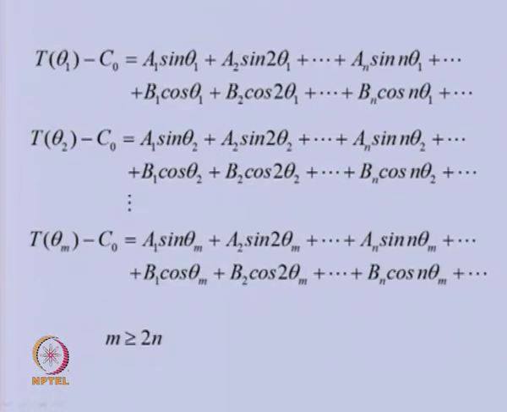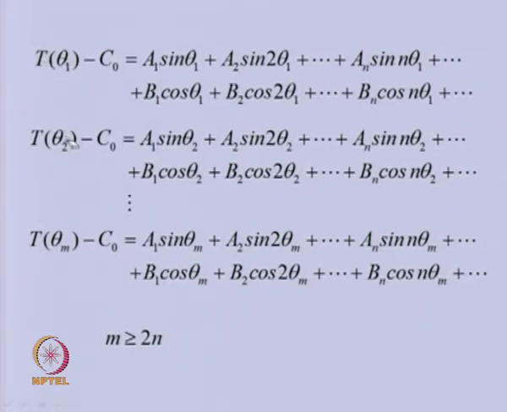So, let us say we are expressing that previous expression for theta 1 for one of the values, because C naught, once we know the T variation, we are able to get the mean of this. So, I have taken this to the left hand side and I am expressing these terms. We can see that instead of theta, every place I am writing theta 1 in the first equation, because I am expressing this T at theta 1.